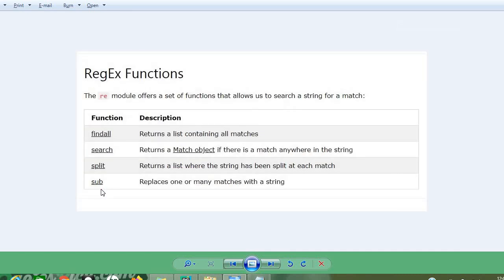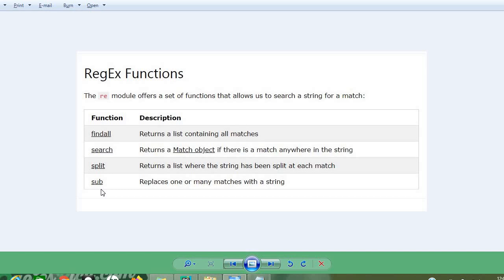There are different functions which help the user with search operations: findall, search, split and sub. Using findall, it returns a list containing all the matches. Using search, you can check whether the word is available in the string or not.